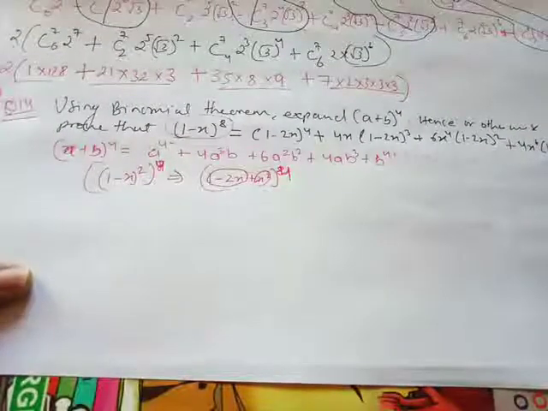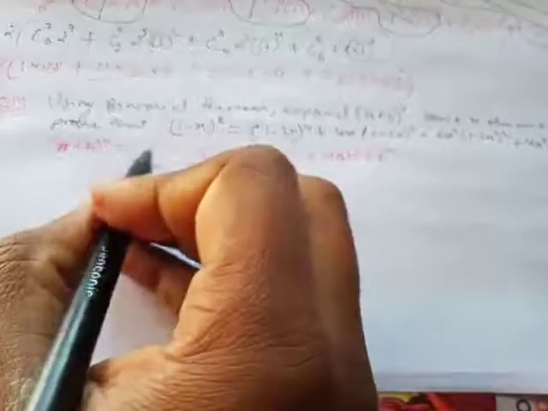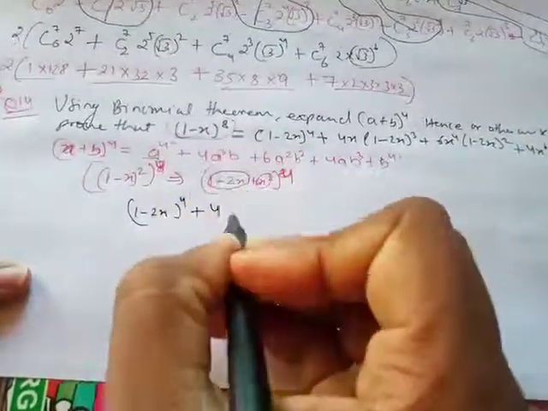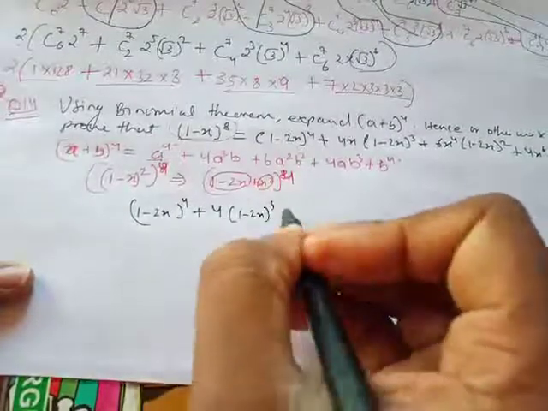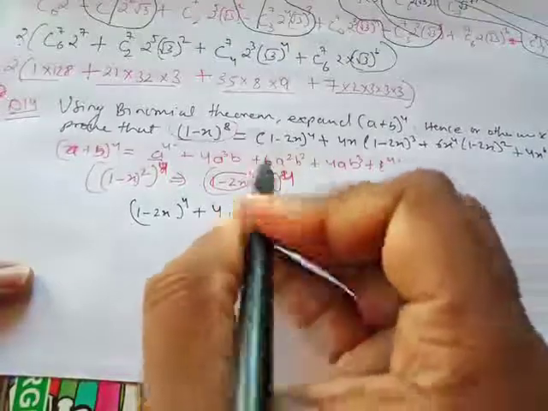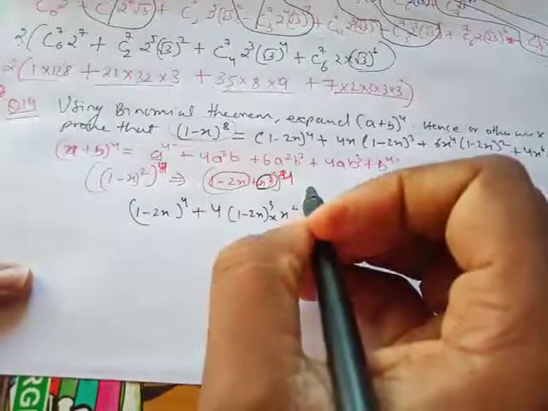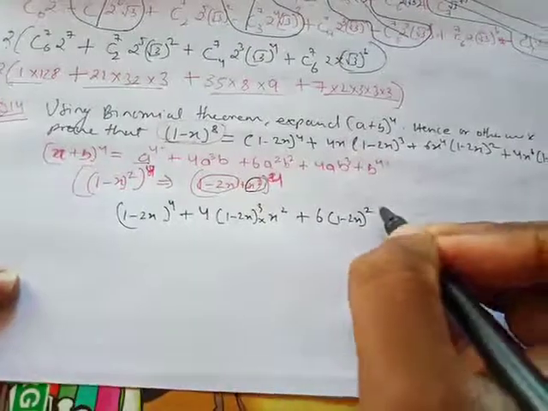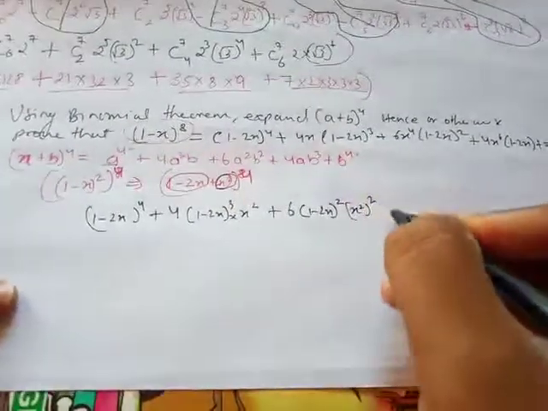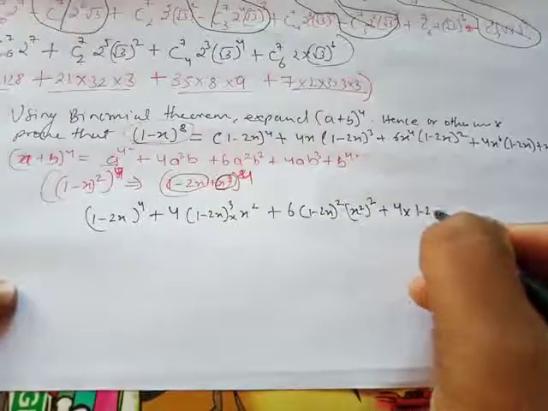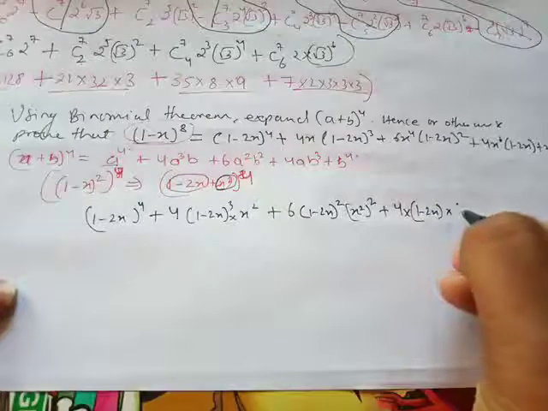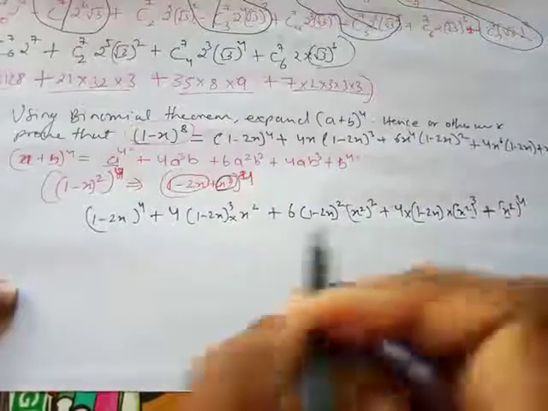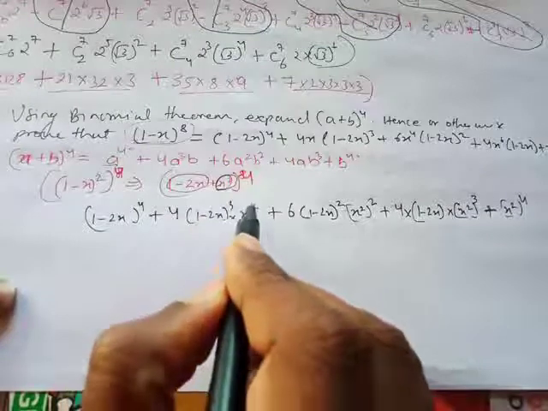Now I have already written down the formula. You guys can have a look. So you only have to put it in the formula: (1 minus 2x) to the power 4 plus 4 (1 minus 2x) to the power 3 into x squared, because b is this. Okay, plus 6 (1 minus 2x) to the power 2 and this, plus 4 into a, that is (1 minus 2x), into b, which is x squared into cube, plus (x squared) to the power 4. Always remember our b is x squared, so this square will definitely come.